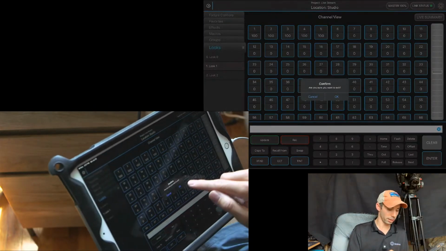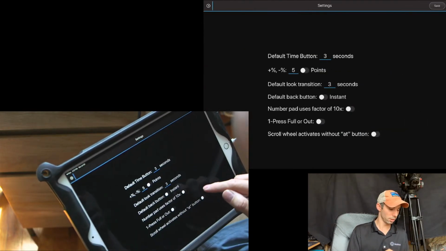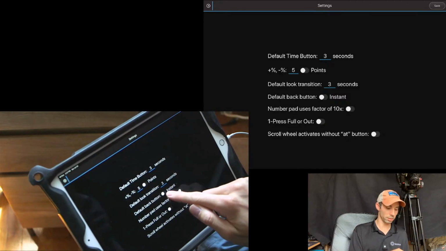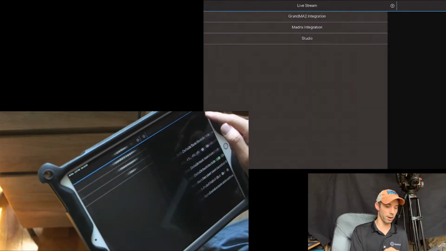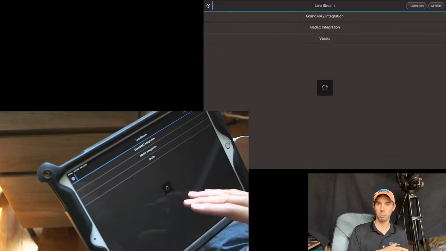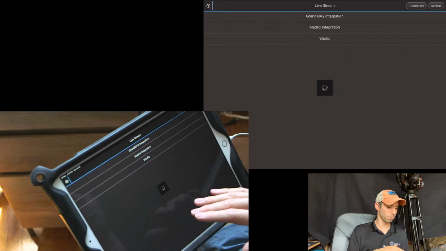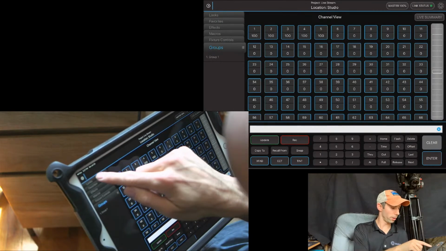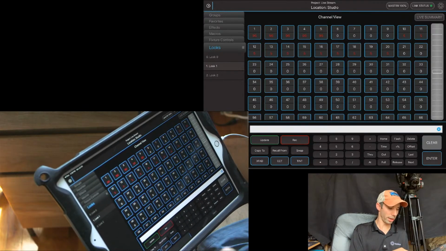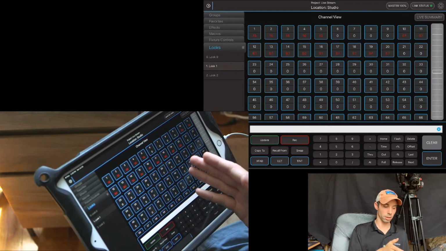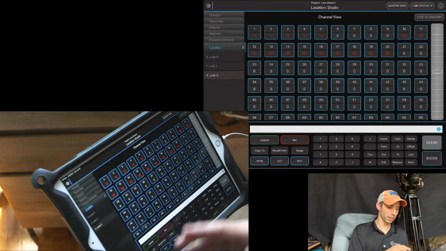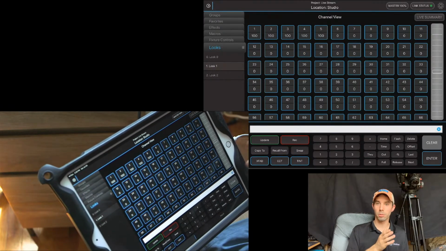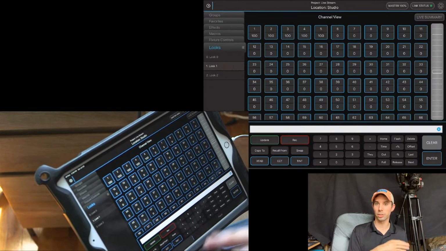So if you go back and you go here and you go into settings and you go default back button right here in the middle, it says instant. If I click that, it goes to look timing. So now if I click save, I go back into my studio project. Now, if I go to my looks and I press play, it's going for 3 seconds. And then if I press back, it's going for 3 seconds there. So that is something, if you didn't know, there's a couple settings that drastically change how you interact with the